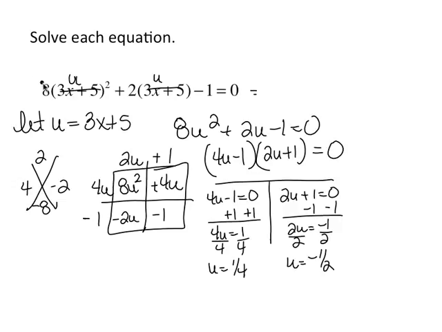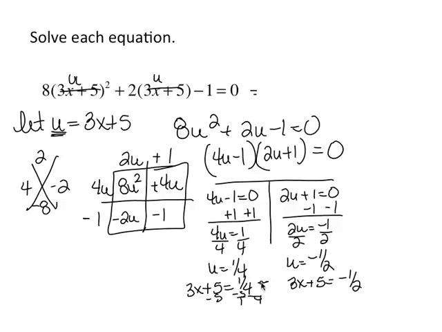Now remember that our equation is this long one here. We don't want to know what u is, we want to know what x is. So once we get to this point, we can replace the u with the 3x plus 5. So we get 3x plus 5 is equal to 1/4, and 3x plus 5 is equal to negative 1/2. So if we do that, then we move the 5 to this side, and we get